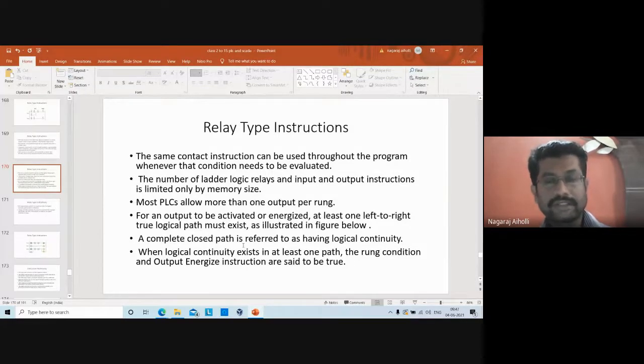When logical continuity exists in at least one path, the rung condition and output energize instruction are said to be true. This is important. That's what we saw in the ladder diagram just now, in the last rung. If the continuity is there in at least one of the two paths, then the rung condition and output energize instruction are said to be in the true state.